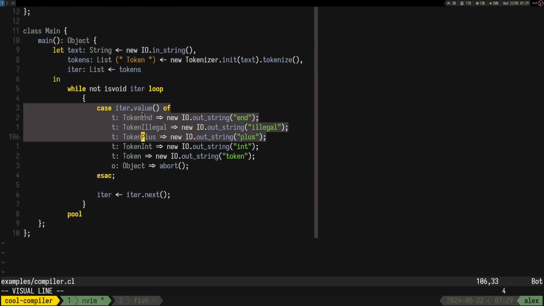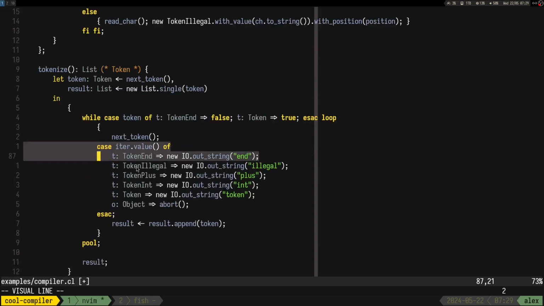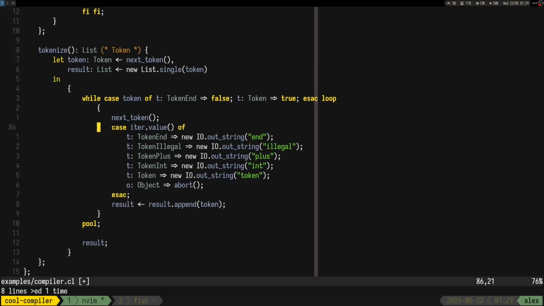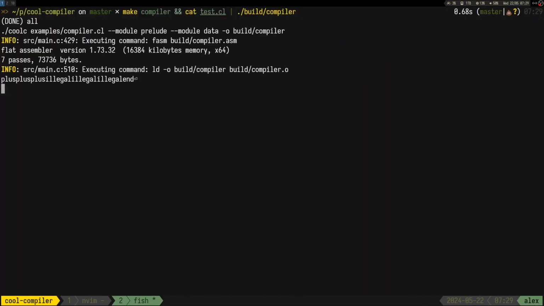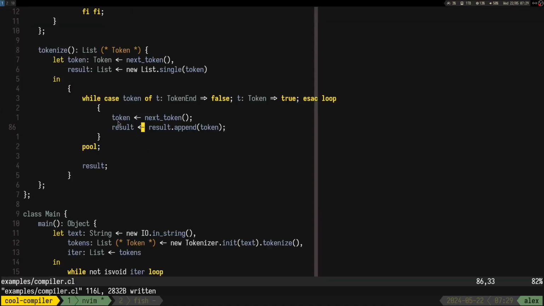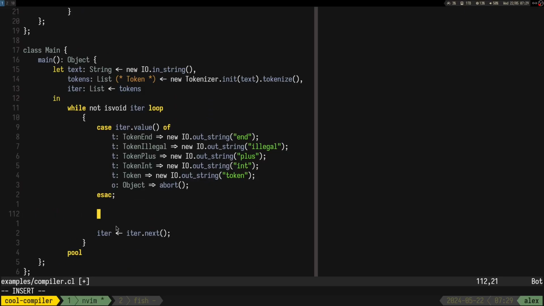So then I guess we can do this. Yeah, so actually, it worked. I just forgot to update the token. So let's put here out string.